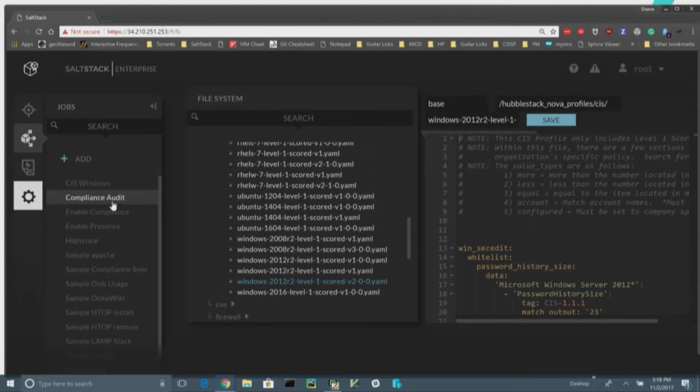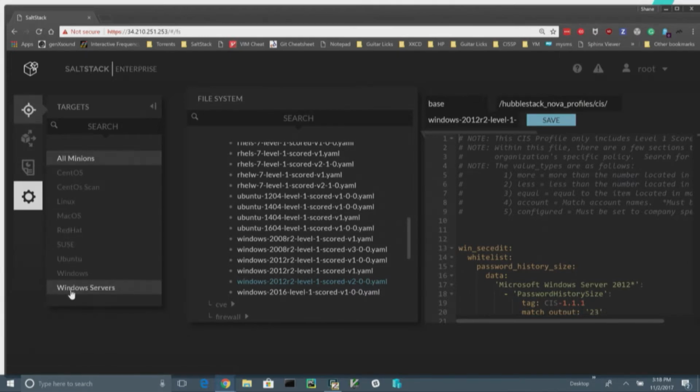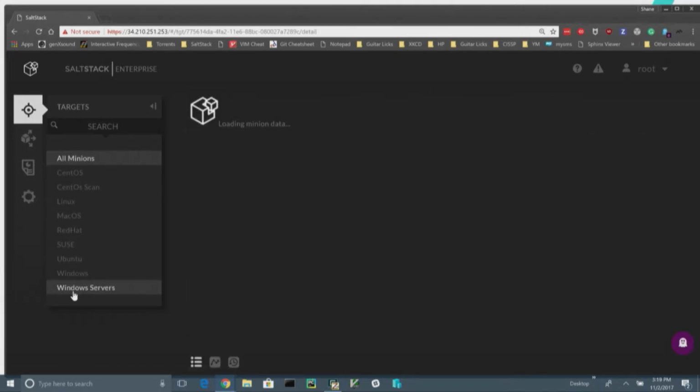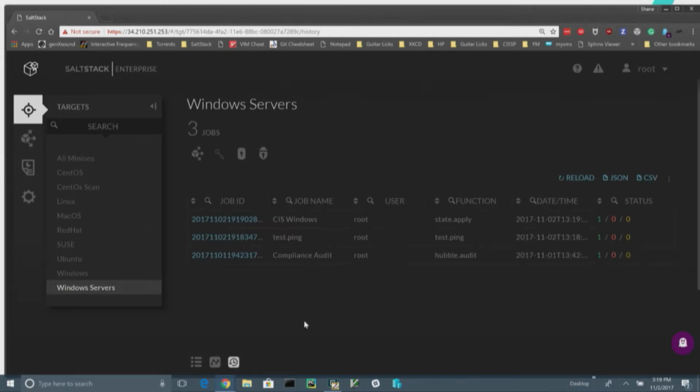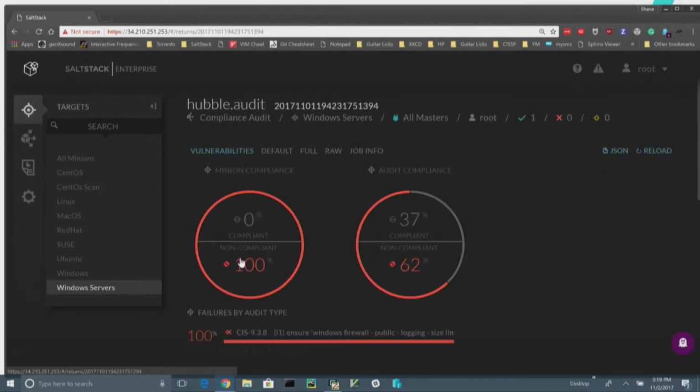And since we are kind of lack of time, and because it will run a couple of minutes, I already did it before, so I will show you the results. So I had one here, and I ran a compliance audit on it. So, there we go. So what I will see out of my minions, 37,